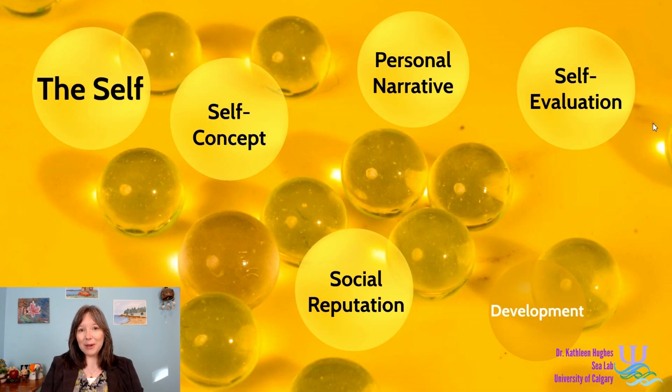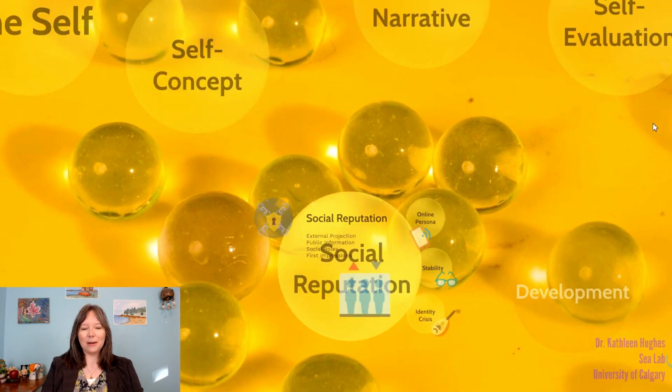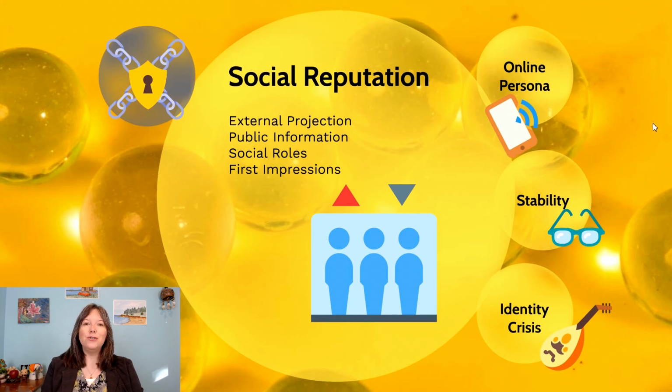So now we've talked about 3 of the components. Now we're going to jump in and talk about the 4th component of the self, known as our social reputation. So unlike our self-concept, our social reputation is not the inside of the bubble. If I could draw it, it would just be the outer layer. If you think about a candy-coated chocolate, the social reputation is really just the candy coating, versus our self-concept is the chocolate in the center. So it's really the outside of the candy, the outside of the marble.